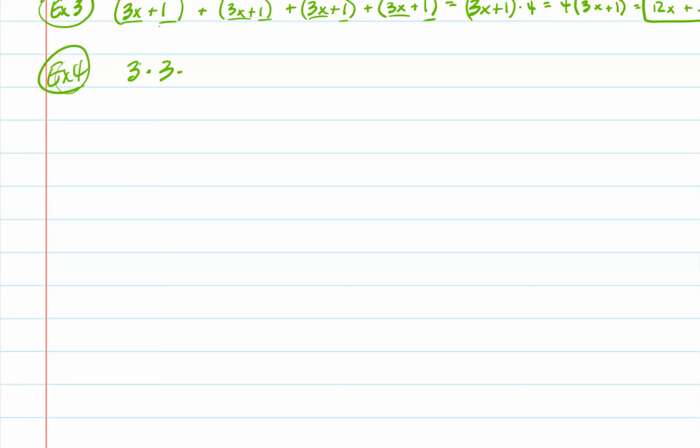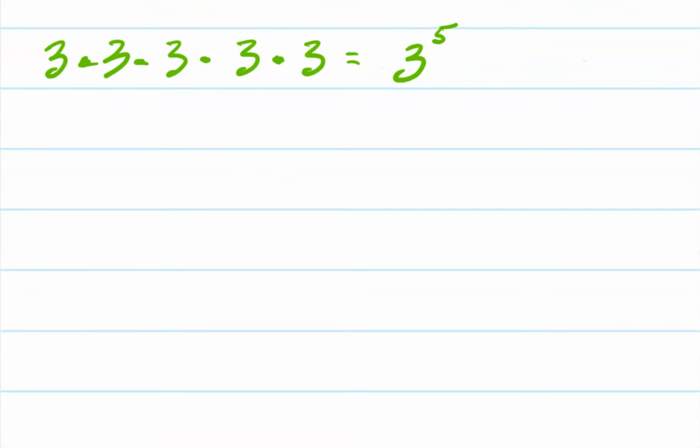Three multiplied by itself several times in a row. Let's say 5 times in a row. We could sit here and try to multiply 3 times 3 and take that answer and multiply it by 3, and that answer multiplied by 3 again, and so on. But this notion of repeated multiplication comes into play, and we can change this repeated multiplication into an integer exponent,